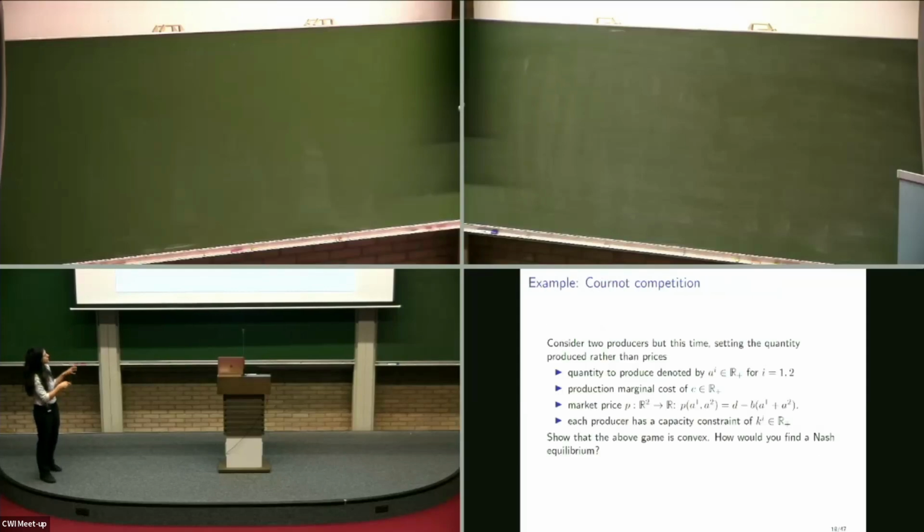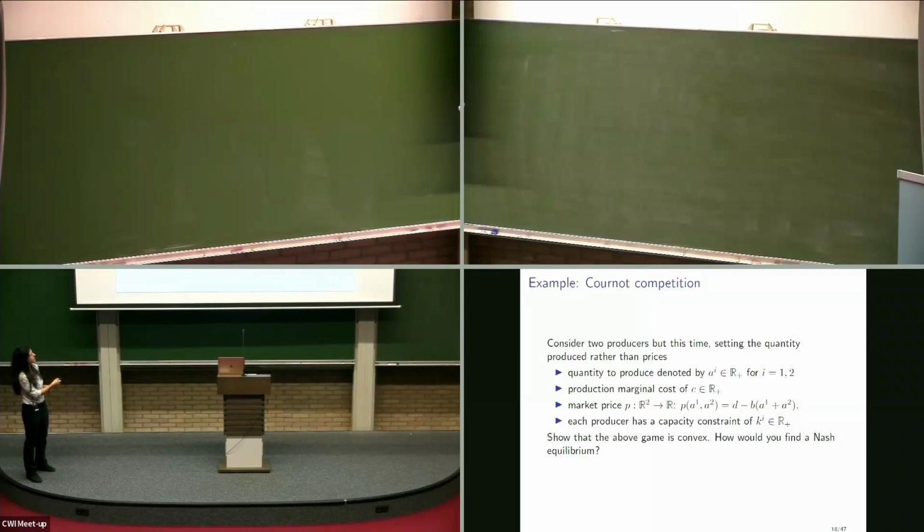All right, so you can look at a different game, maybe also to gain a little more intuition. This is called the Cournot competition. In contrast to the Bertrand competition, the players are now choosing the quantity to produce, not the price to set, and the price is assumed to be some linear model of total quantity produced. So players choose how much to produce, they still have the same marginal cost, and there's a market price that decreases the more production there is. It's some linear function, with d and b some constants, of total production,